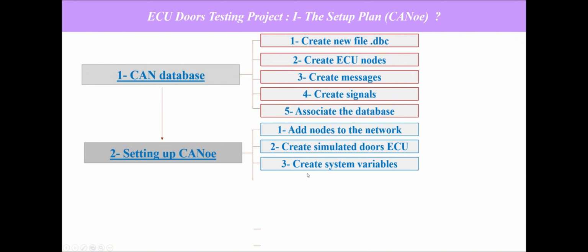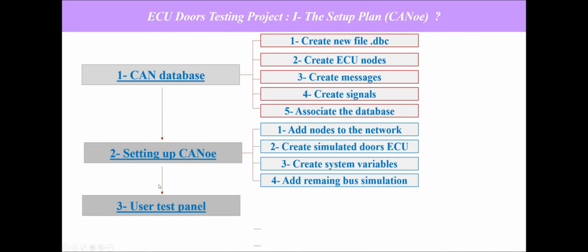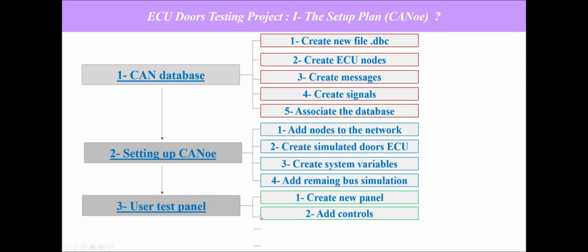How we can create system variables in Canoe, and also how we can add remaining bus simulation. Okay, the third step, user test panel. We see how we can create a new panel in Canoe. We'll see how we can add controls like some buttons, some text boxes,